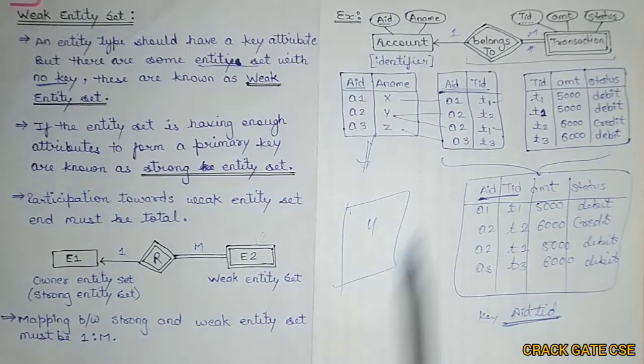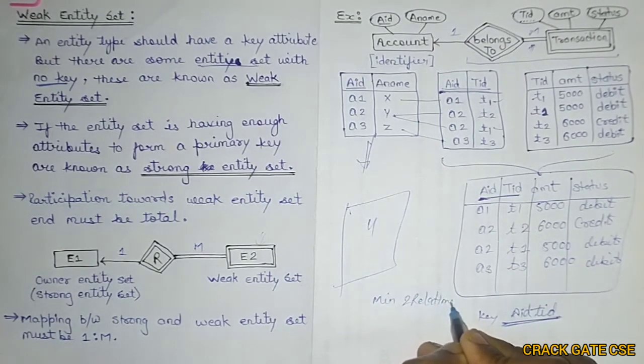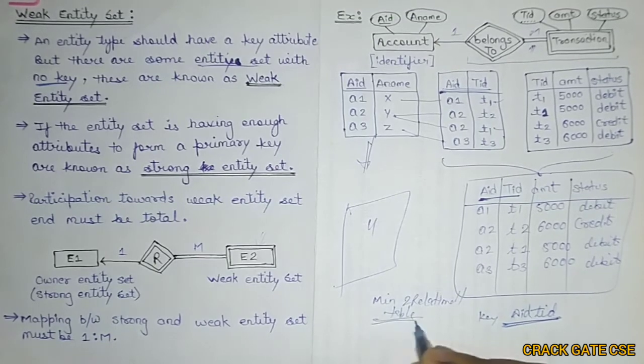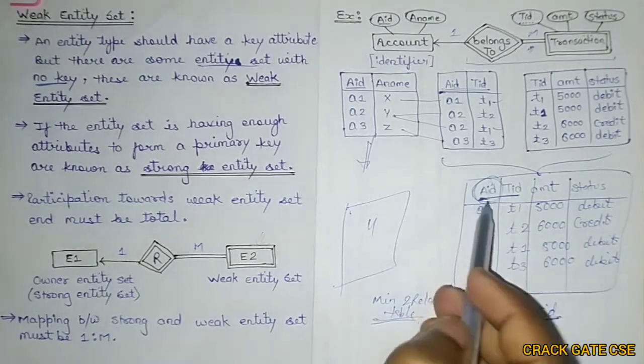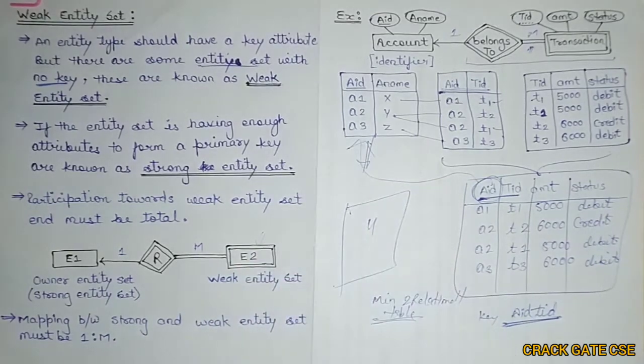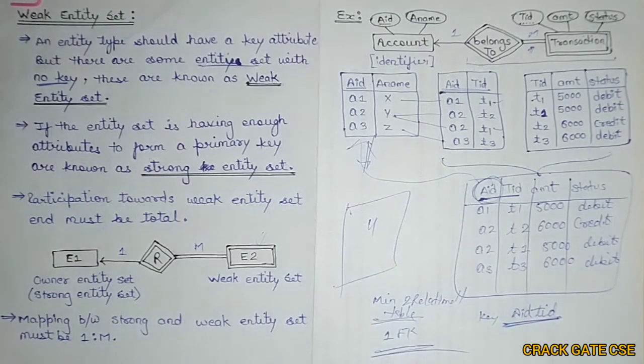Now if there is any question which can be asked, what kind of question can be asked? One question that they can ask: how many minimum tables are required if we minimize it? So minimum 2 relational tables are required. Another question they can ask you: what is the number of foreign keys that we require? You can see that there is only one key which can be treated as a foreign key because it will refer to this AID. So AID is a foreign key. Minimum 2 relational tables and 1 foreign key is required. So this is how you can minimize a record if there is a weak entity set.